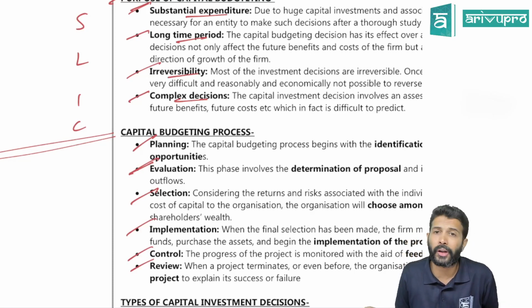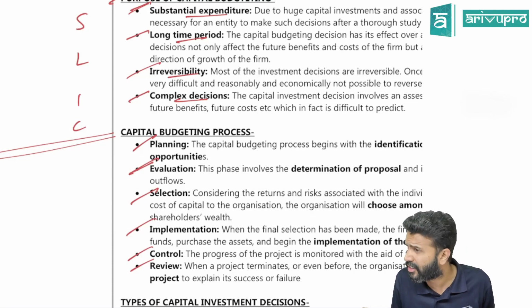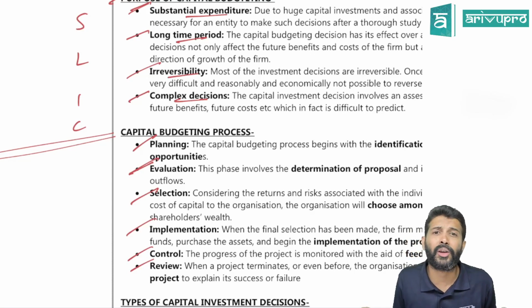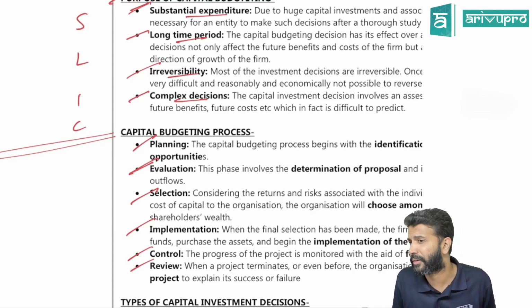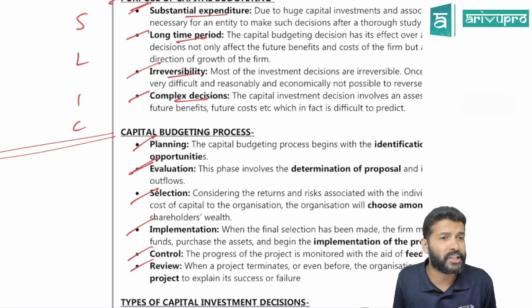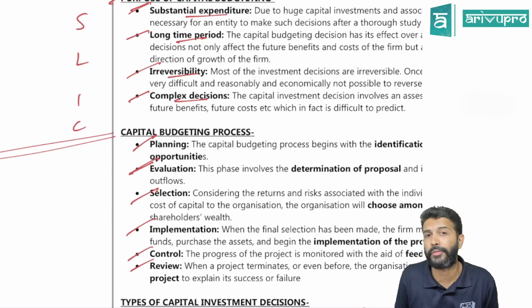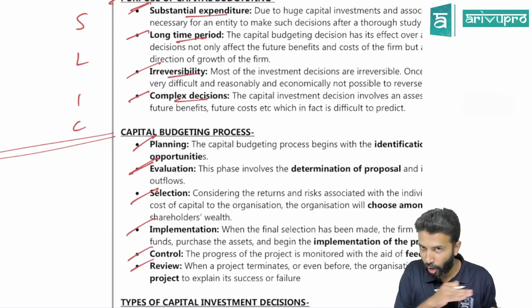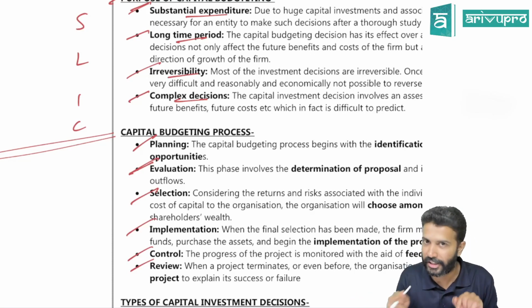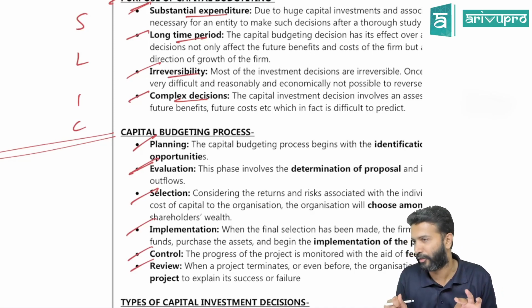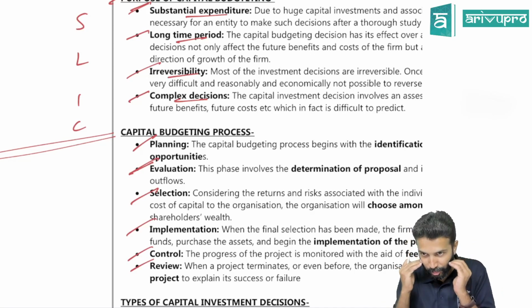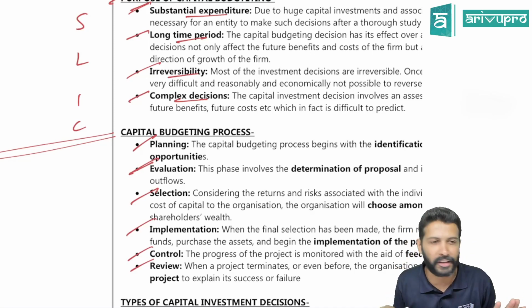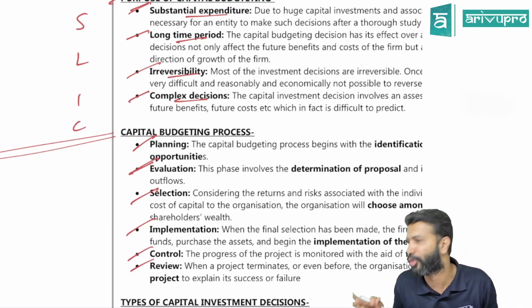In CA, CA Foundation is a less risky affair, but doing CA coaching for CA Final is a more risky affair, because you will not find good teachers at CA Final level, since it is quite difficult. The syllabus is quite voluminous. A teacher has to put in a lot of effort to study. I personally can vouch for that. Among all the courses I've taught, I still teach about 7 subjects. Among all of them, the one I put the most effort into, hands down, is CA Final. Nothing can beat it.